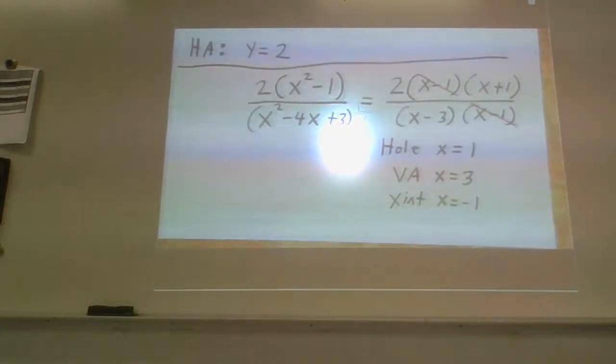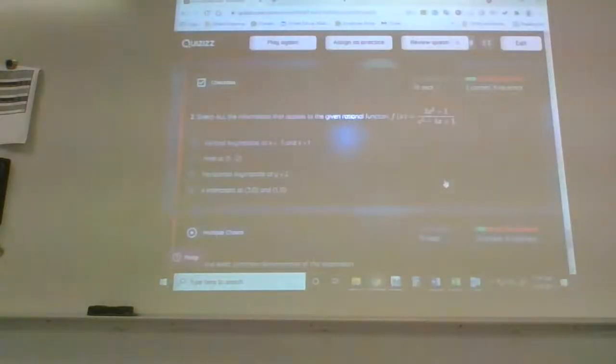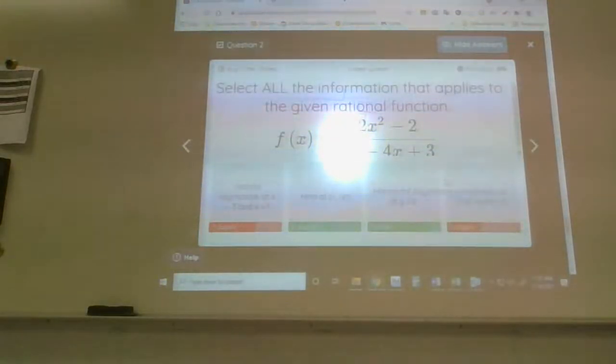Let me look at the quizzes and see what you guys chose for that one. Interesting. So 2 of them were actually technically wrong. The first option said that the vertical asymptote was at -3 and +1, but unfortunately, it was at +3, and that's it. The last one indicated an x-intercept, but they said the x-intercept was at 3 and 1. That was not true. 9 of you did choose the horizontal asymptote correctly. That's a good thing. You absolutely chose the correct horizontal asymptote.